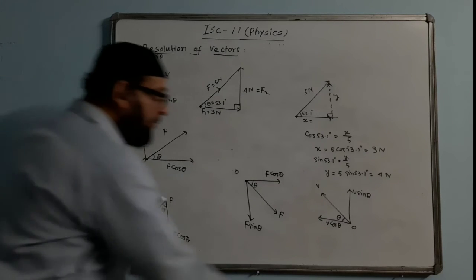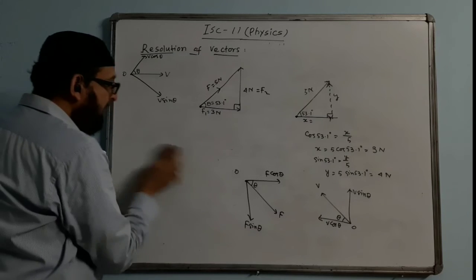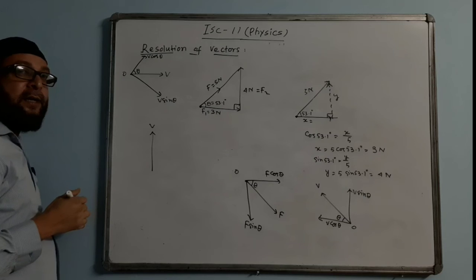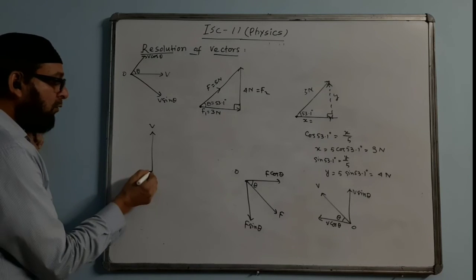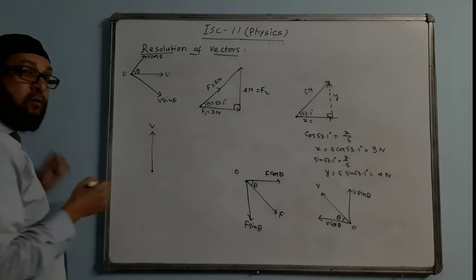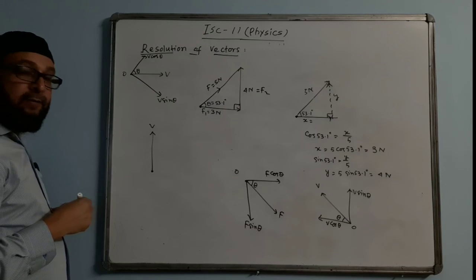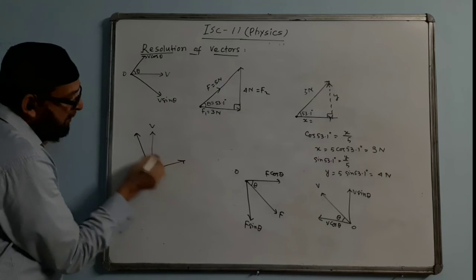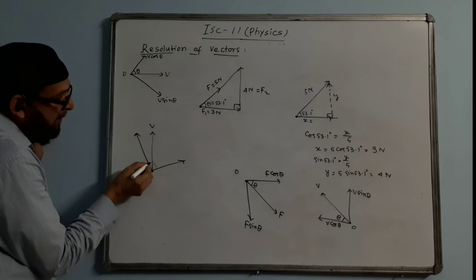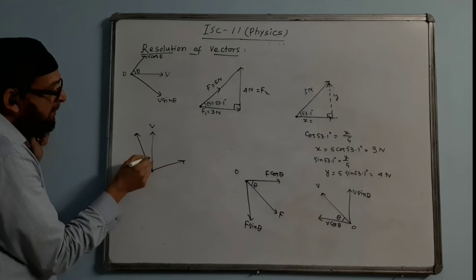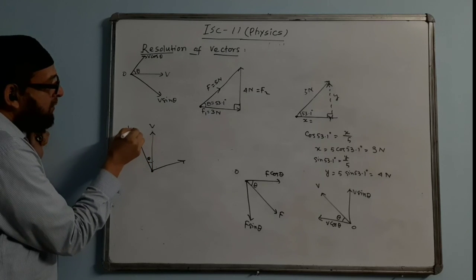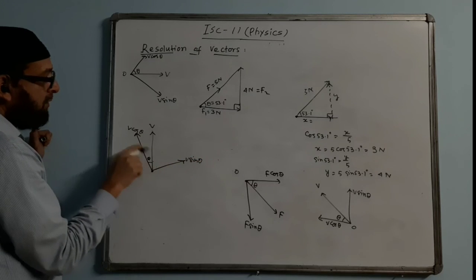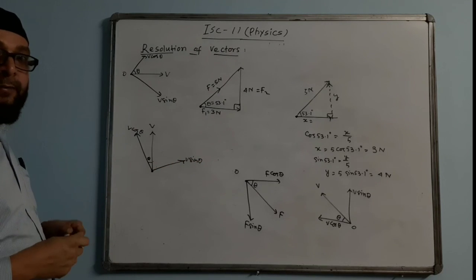Suppose we have another vector V that is vertical. Can we break it into other components? The answer is no, not horizontal and vertical. But we can break it into another two components, which will not be horizontal or vertical. Like this we can break, one component here, and we can draw another component. These two components should make 90 degrees. I mark this angle theta. Then we can add the value here V cos theta, because here is the angle theta, and this will come in V sin theta form. Of course these two will be neither horizontal nor vertical.